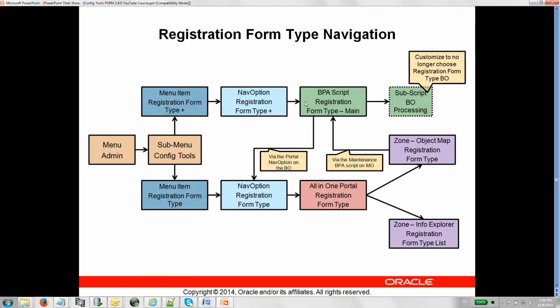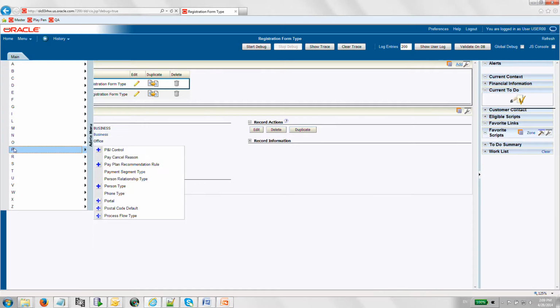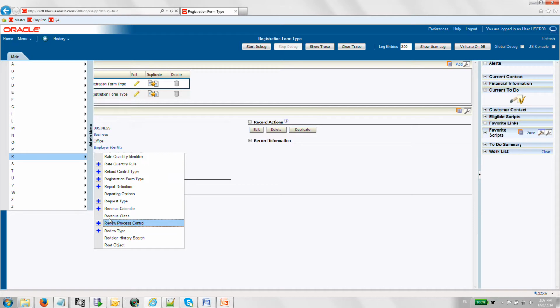Also, we know that if I actually create a new registration form type, the final part of creating a registration form type is to go from the script to the actual registration form type itself, and the way it works is because at the end of the script there's a navigation step that finds the navigation option, which is portal nav option, which is defined on the BO, and that leads you to the registration form type. So the point here I'm trying to bring out is that if I go to registration form type over here,